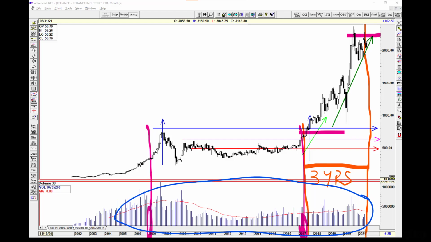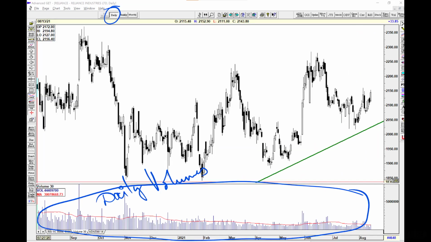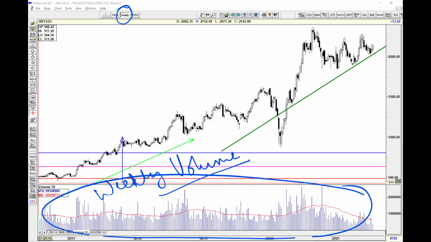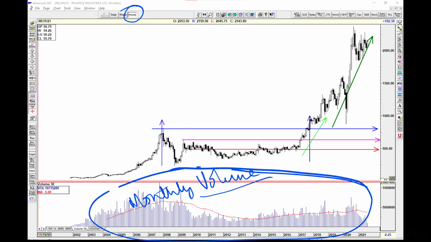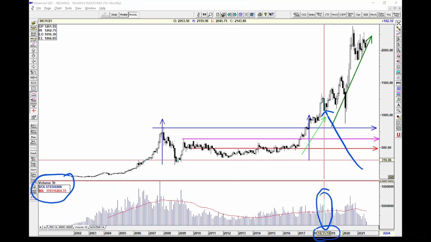So while we are on momentum, I've opened up this chart. I also would like to show you how the volumes look. Look here. Below here are the volumes. Volumes are depicted by the bar lines for each day. And the red line here is the average volume. So if you go to the daily time frame, you can see daily volumes. If you go to weekly time frame, you can see weekly volume. If you go to monthly, you'll see monthly volume. You see here, the volume says, on a particular month, if I just keep my cursor here, it will show you how many units of that particular script got bought and sold on a particular trading period, day, week, month, as the case may be.